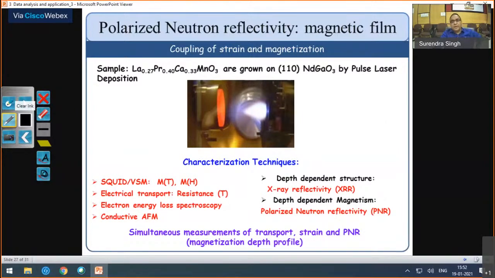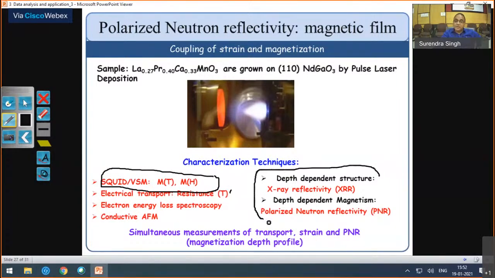As usual, we made the thin films. Then we did all types of characterizations, like macroscopic magnetization by SQUID magnetization. We did resistivity measurements. Then we did TEM and conducting AFM to see the electronic phase. In addition, we did depth-dependent techniques, one by X-ray reflectivity and polarized neutron reflectivity. In fact, this was one of the experiments where we simultaneously made